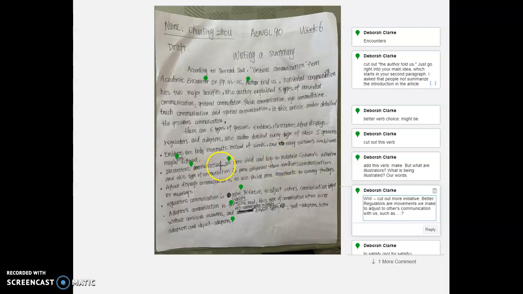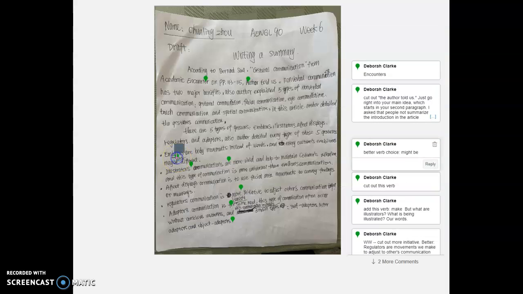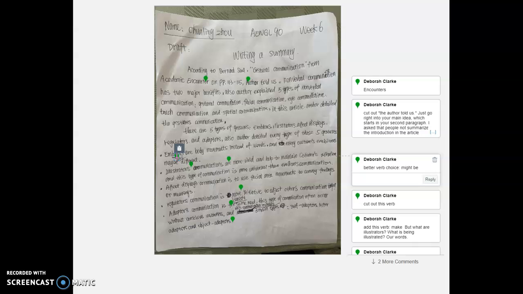Now, let's look at each of your sentences. "Emblems are body movements instead of words." That's correct. And "every culture's emblems may"... what did I say here? Oh, God, it's not showing me. Instead of "maybe are different," you would choose the verb "might be." You'd use the modal verb. Okay, that's a better verb choice. And you want to cut out